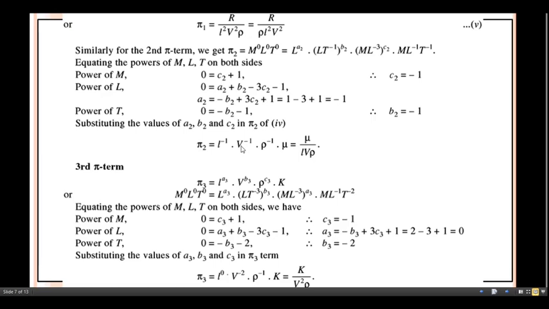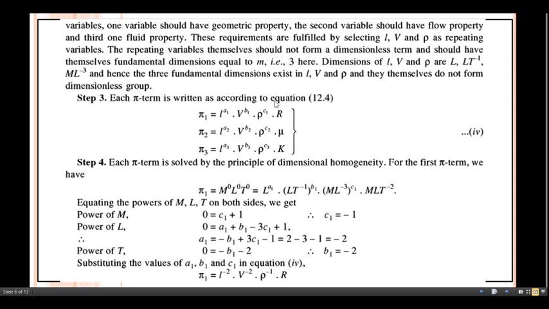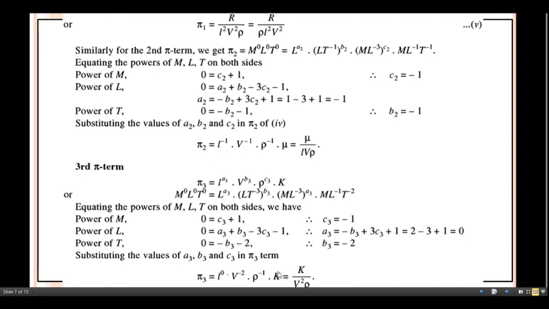Okay, similar case with the next one, you can get the value for the power of v, that is b2 with us minus 1. Similarly, for the next one, the power of the rho term with us minus 1, just substitute here, and in this way you can get the relation for pi2. Now similarly do the analysis for pi3. In this case also we can get a3, b3, c3. Just substitute the values of a3, b3, c3 here and get the value for pi3. Once we get the value for pi3, we can get this relation in this way.